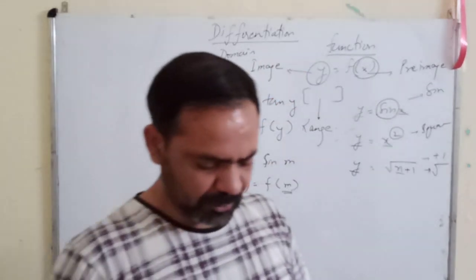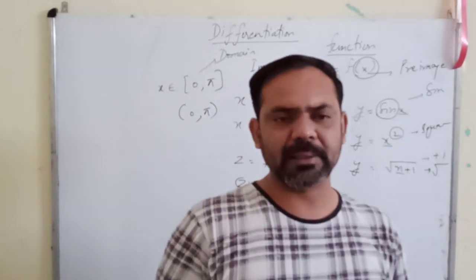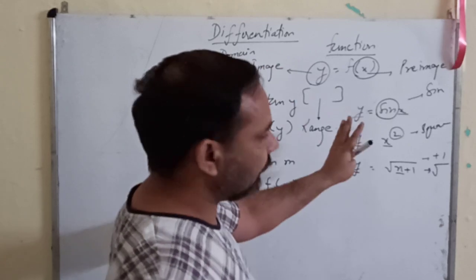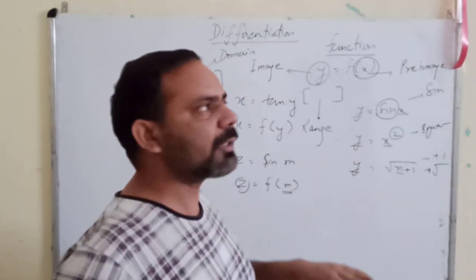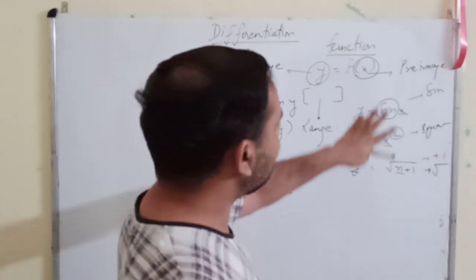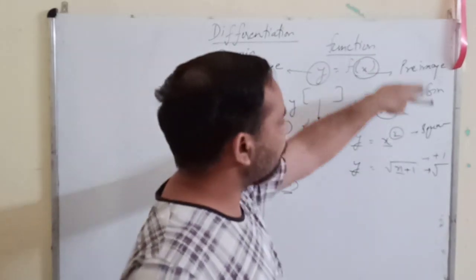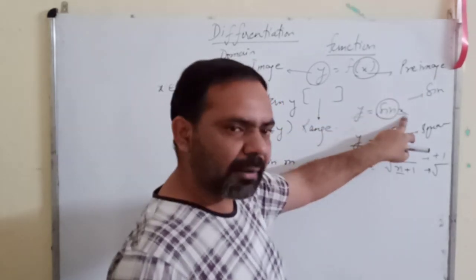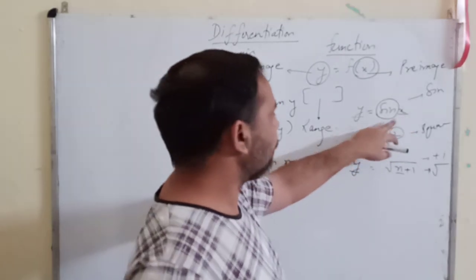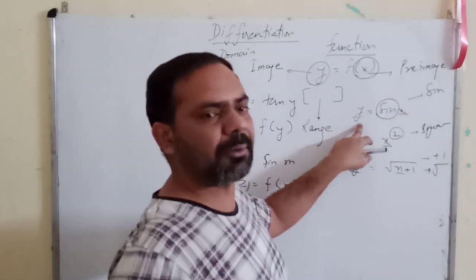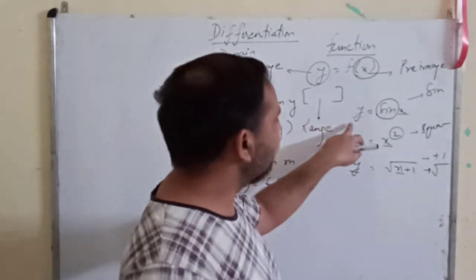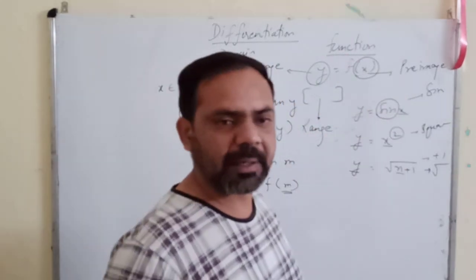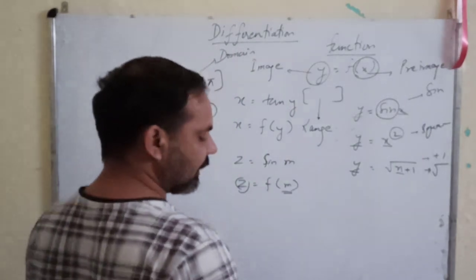So this you will come across in your mathematics classes in depth. I am leaving it for those classes, not going to that depth. What we need is some basic knowledge of functions. A function is an operation carried out on some quantity. That quantity is called the pre-image. The set to which that quantity belongs is called the domain. After application of the function, you get a set of values as a result. Those values individually are called images, and the set of those images is called the range. So this is about the function.